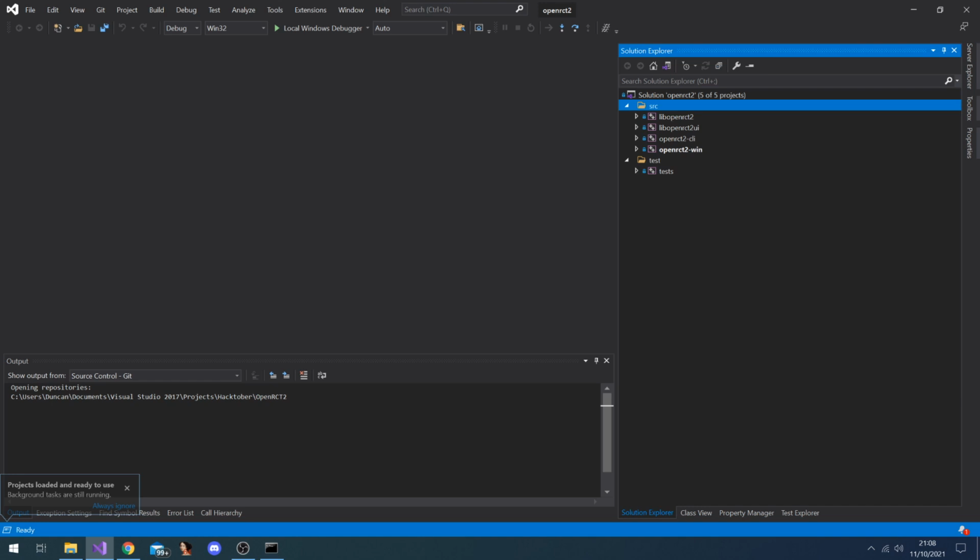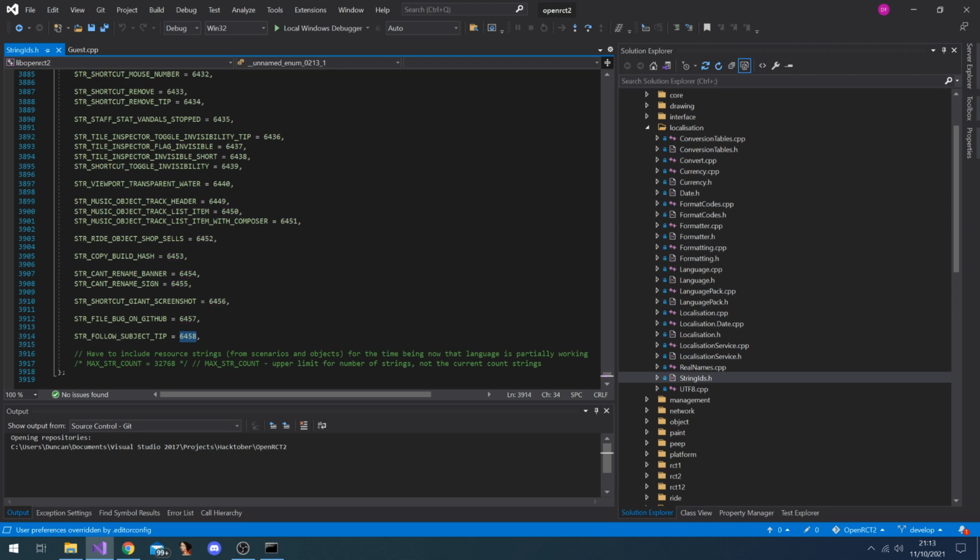Localization, if you're ever wanting to add a new feature which has some new text, then you would have to go into localization, string IDs. Every single string in the game has a corresponding ID, and then you can use that ID to look up the different translations. So we can see someone added this string follow subject tip ID number 6458, and if we were to open up our